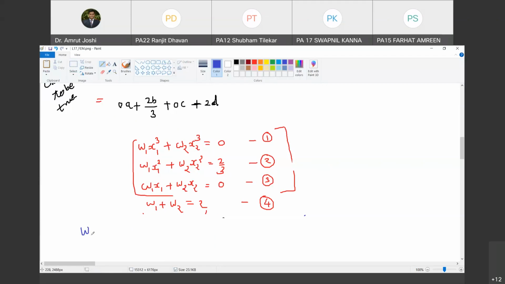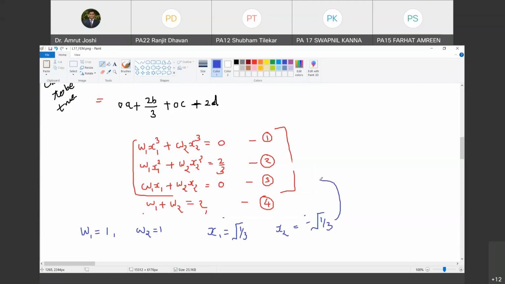Yes, sir. If I solve for four unknowns, what is the answer that we are going to get? Let me specify that you will get W1 equal to 1, W2 equal to 1, x1 equal to square root of 1 by 3, and x2 equal to minus square root of 1 by 3. Are you with me? Yes, sir. We will just check whether these four unknowns satisfy all the four equations or not. Instead of solving it in a straightforward way, let us do reverse engineering. Let us check if this is correct. This has already been proven mathematically, so no worries about it.